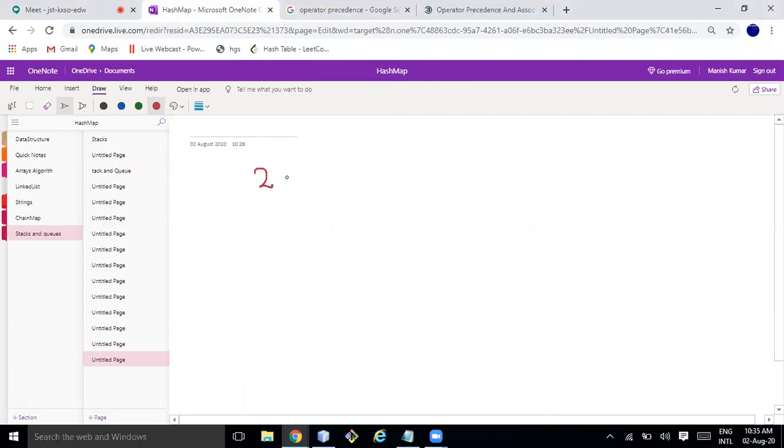Another example: 2 into 7 minus 6 plus 4 divided by 7 into 2. I just put in random order. So I have one stack.